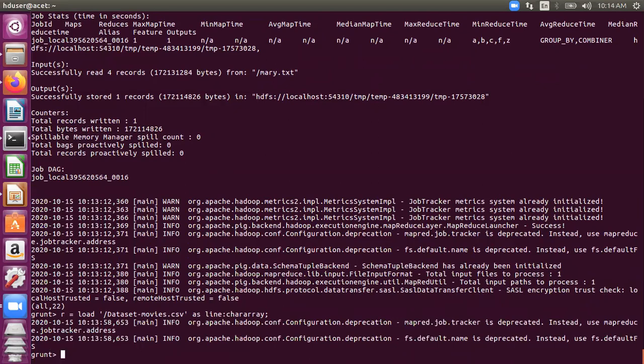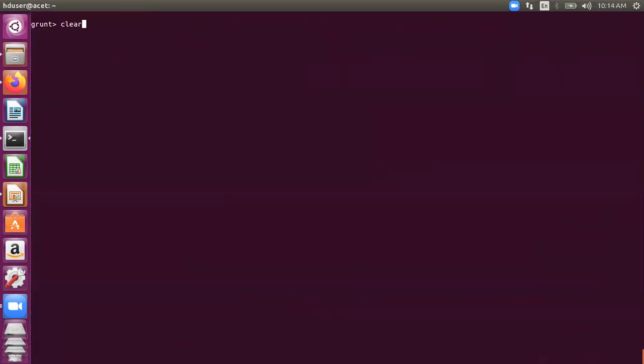So what are the steps if you want to count the number of words? You take a file, then you use the tokenize function, and on top of that you use the flatten function. Tokenize would convert it into a bag, and flatten would flatten that bag so that we have one word per line. Then we group it by all and we count. We have already done this and loaded this thing. Now I'll do flatten and tokenize in one line.